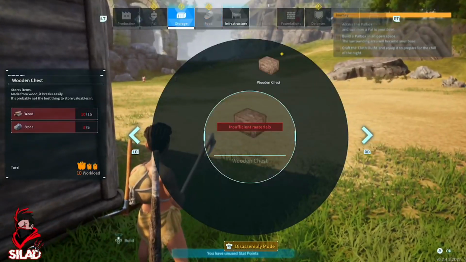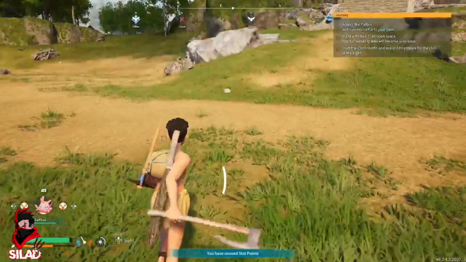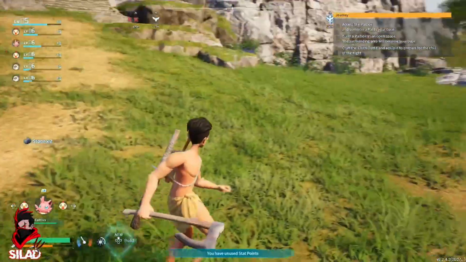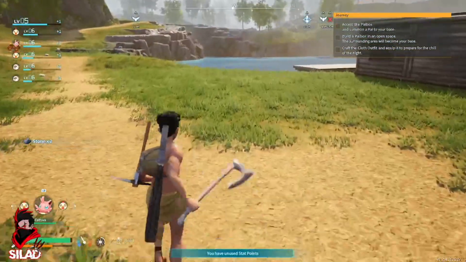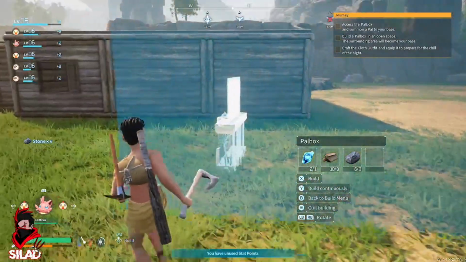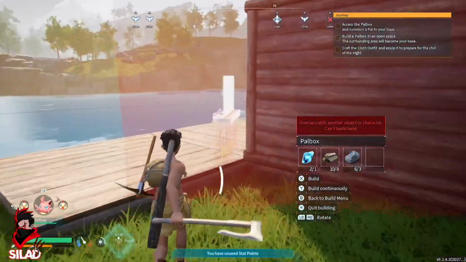Can I actually place down one of these? I can. Not yet, though. I need more stone. One more stone, and we're done. There we go. I'll grab this one as well. There we go. Okay. So, I don't know if...